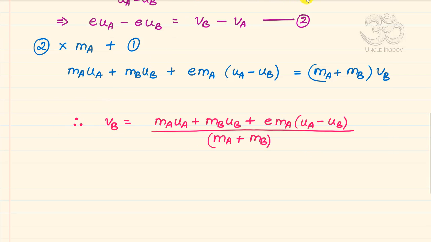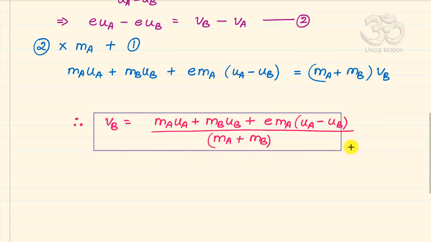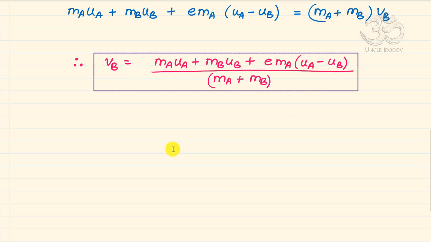Now, using the answer for VB, can we guess the answer for VA? I'm sure that we can guess the answer for VA on seeing the pattern. So what will VA look like? VA will be, let's see these two terms, and they will be exactly same here. So you will have MAUA plus